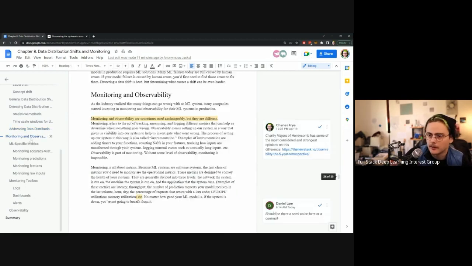Okay. So we didn't get to monitoring and observability. There's some interesting stuff in there, but it's 10 o'clock here in California, so we're already over time. I already have the chapter from Chip. It's in the Notion doc. You can find the link for chapter 9. Chapter 9 is on continual learning. The ultimate solution to data sets that change over time is models that change over time. Continual learning is one thing that people see as a solution to some of the problems we talked about in this chapter. So I'm looking forward to that, and I know Amon was as well. We'll talk about that next Saturday.